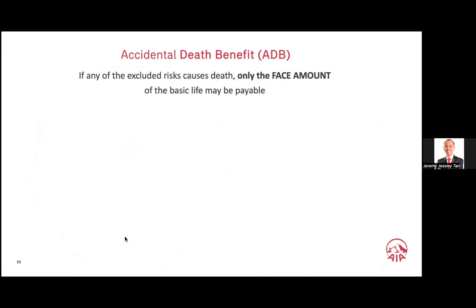If you attach an accidental death benefit rider, it means that if the insured dies via accident, your accidental death benefit, let's say, has another 500,000. If the insured dies via accident, and the accident occurred within 180 days, and then the death occurs within 180 days of the accident, then